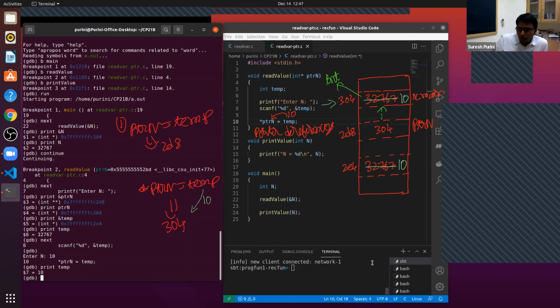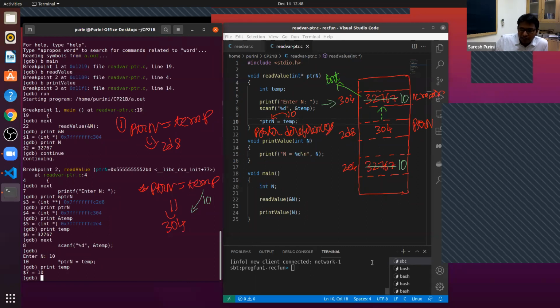So you don't want to copy the address of temp into PTRN, right? Why do you want to copy? Yeah, we will use float star.